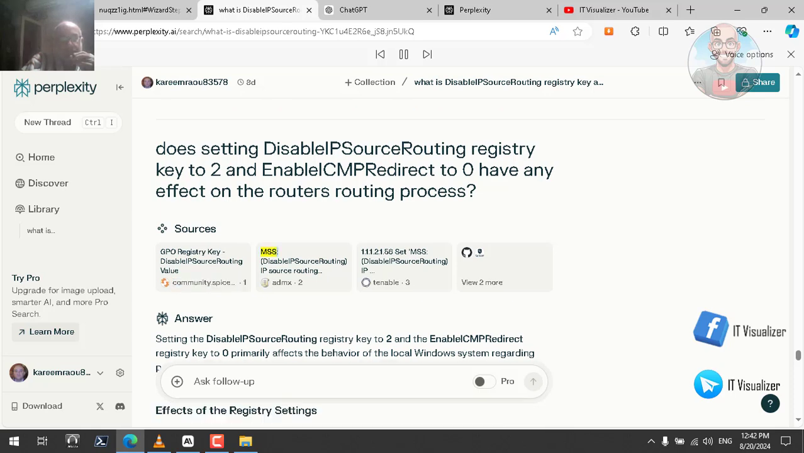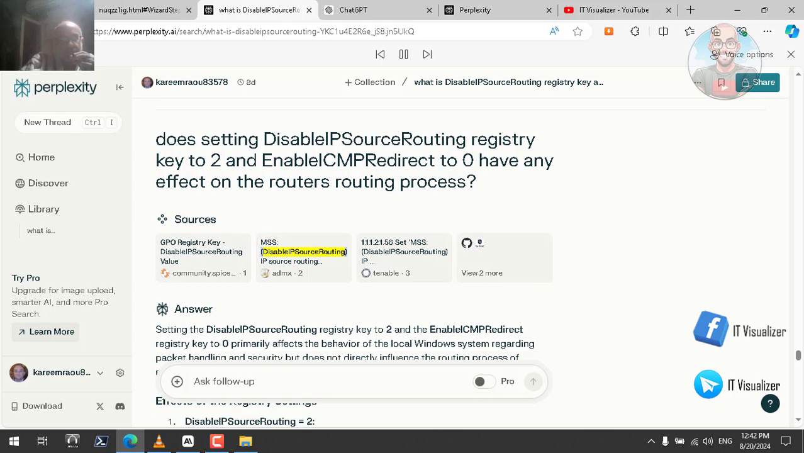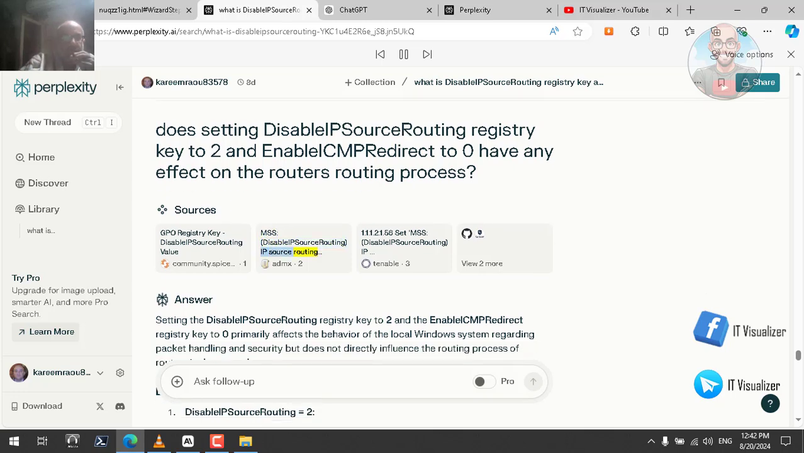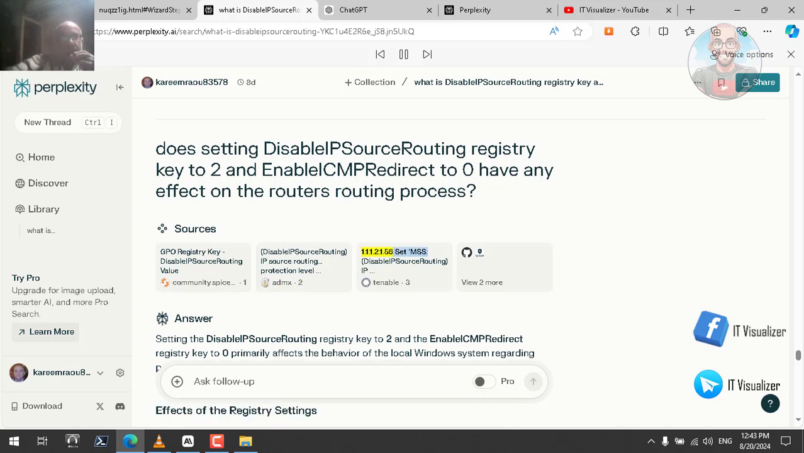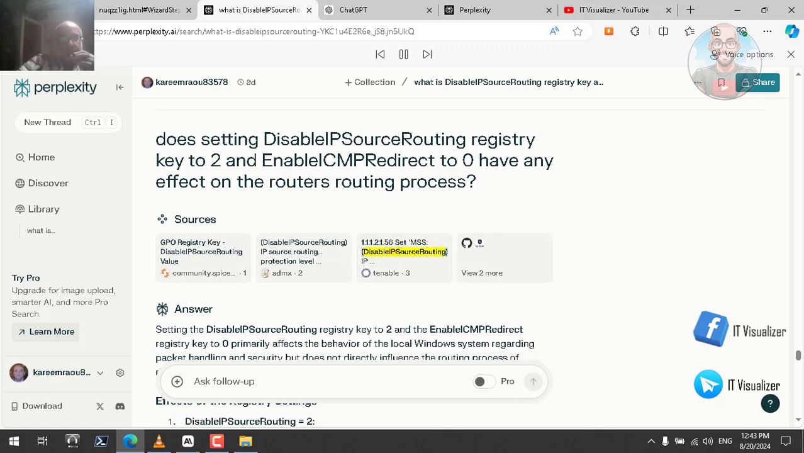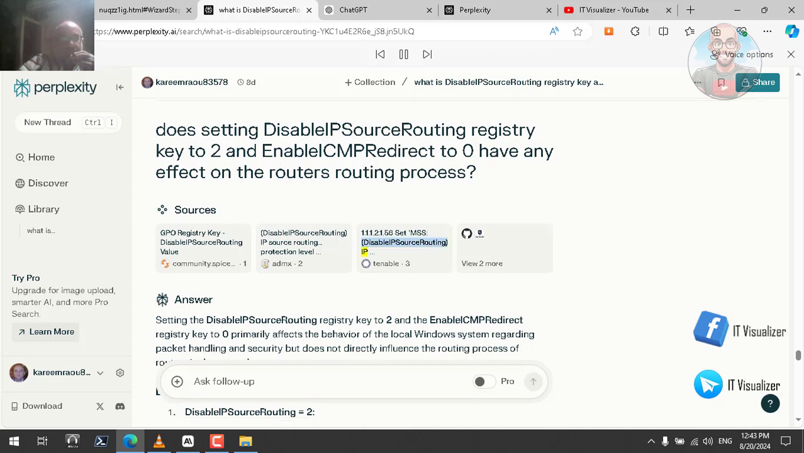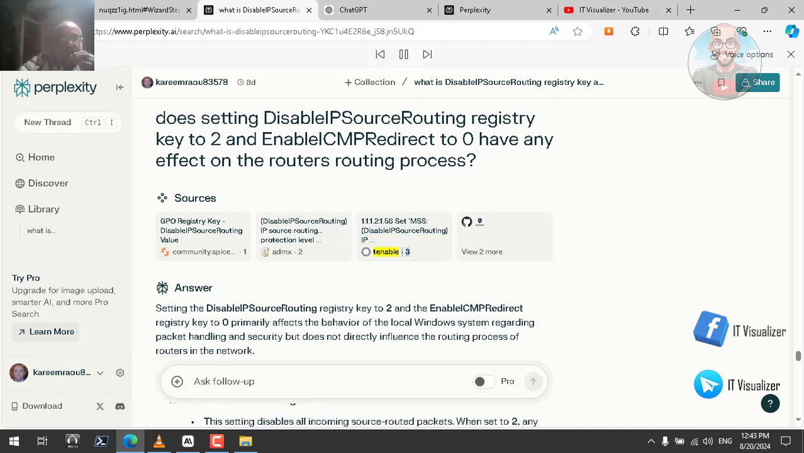1. MSS, disable IP source routing, IP source routing protection level, ADNCS. 2. 1.1.1.2.1.56 set, MSS, disable IP source routing, IP, tenable. 3. View 2 more. Answer: